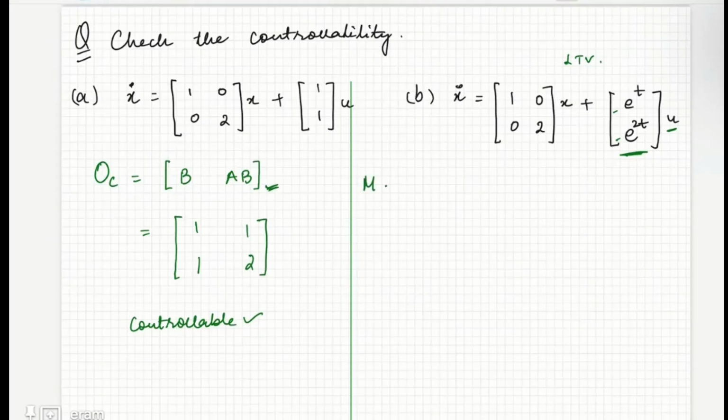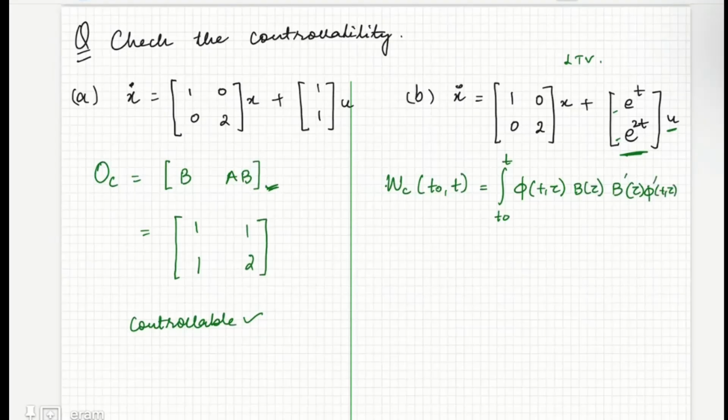So the controllability Gramian matrix, which we call WC, is given as the integration of the state transition matrix d tau. So we have to calculate this integrand in order to check whether the controllability Gramian is singular or